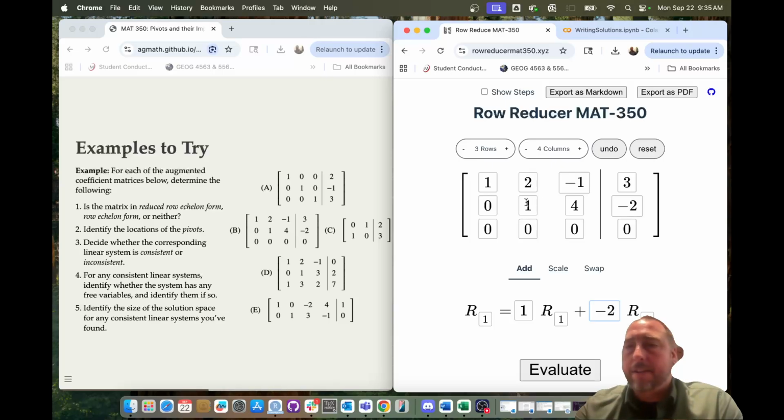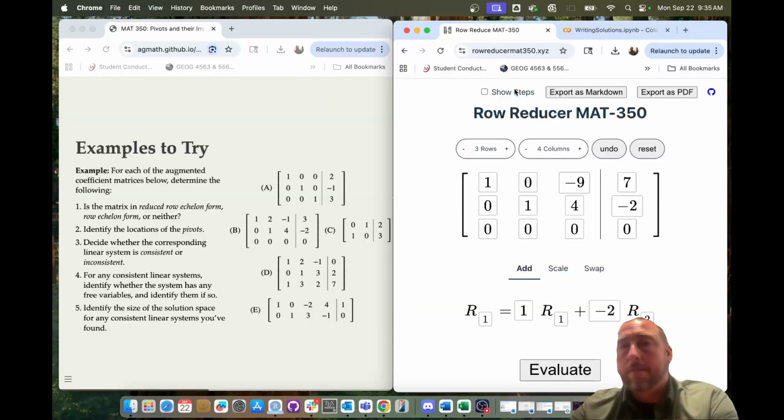Remember, I can't just scale a single entry. I've got to scale the entire row when I do this. So basically, I'm going to add 0, then -2, then -8, and then 10 to row 1 as I do this operation. And let's see, oops, not row 3, row 2. Okay, so now we've got our matrix in